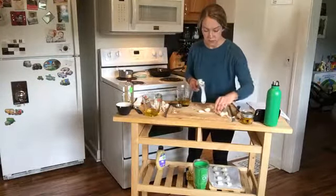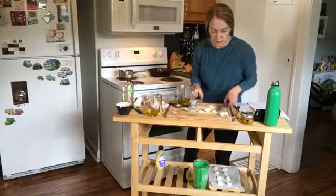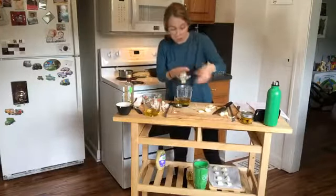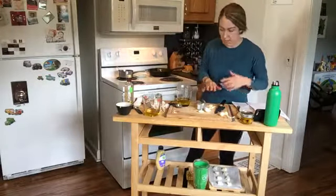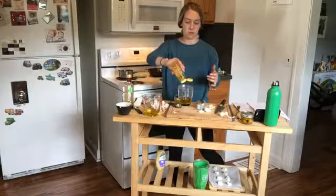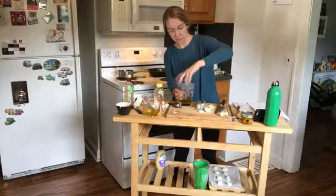So, different options there. Cut this in half. Since I'm using raw and since I'm using Shared Legacy Farms garlic, I'm just going to use 1 because it tends to have the strong garlicky taste. And then a little bit of honey to take the edge off. Maybe about a tablespoon. I'll probably use a little bit less because I don't like to use too much sweetener